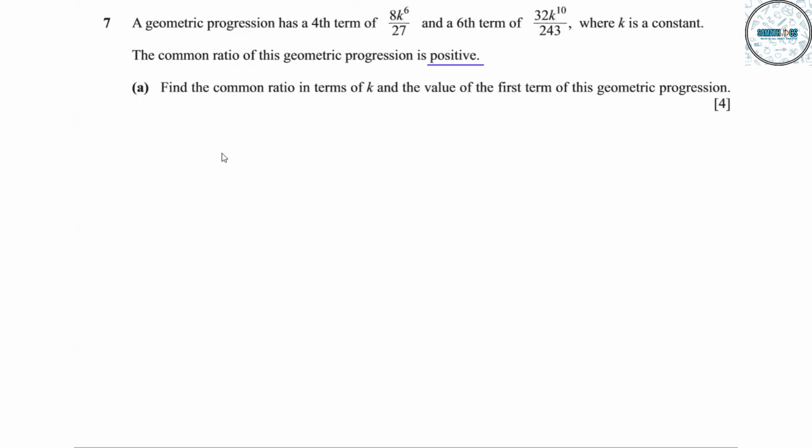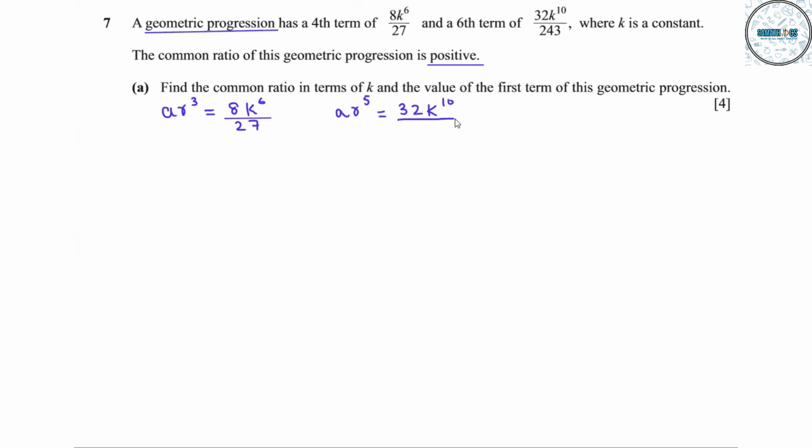First of all, the fourth term of the geometric progression is 8k power 6 upon 27. So in a geometric progression, the fourth term is a into r cube, which is equal to 8k power 6 divided by 27. And the sixth term is 32k power 10 upon 243. So the sixth term of the geometric progression is ar power 5, which is equal to 32k power 10